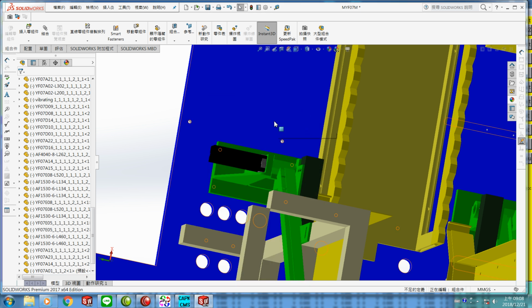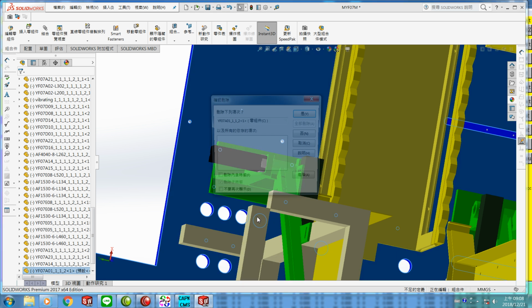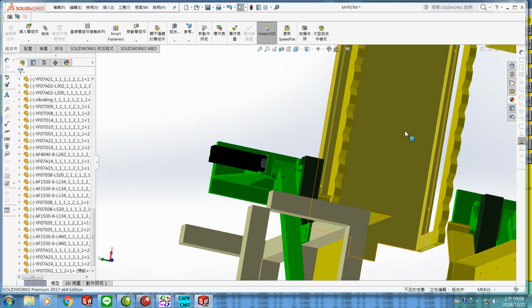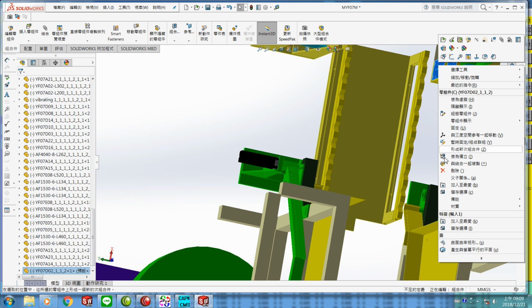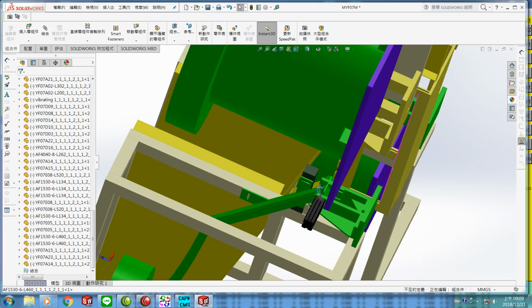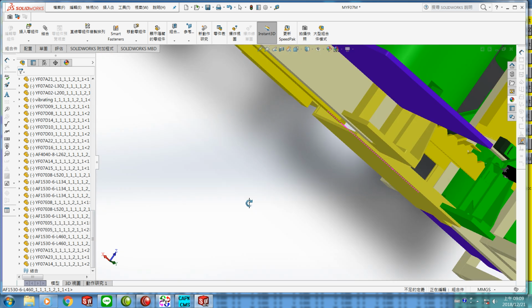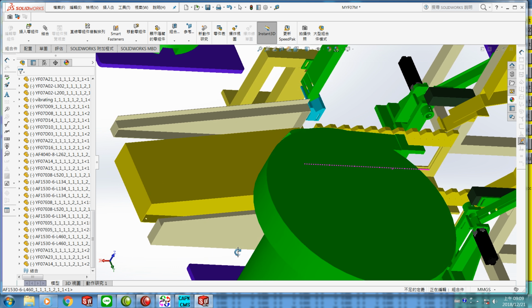Yes, the first one removed, and the second one removed, picked and delete, and this one deleted. Okay, three components deleted on purpose. Then we have to insert the favorite three components by picking the insert components function,